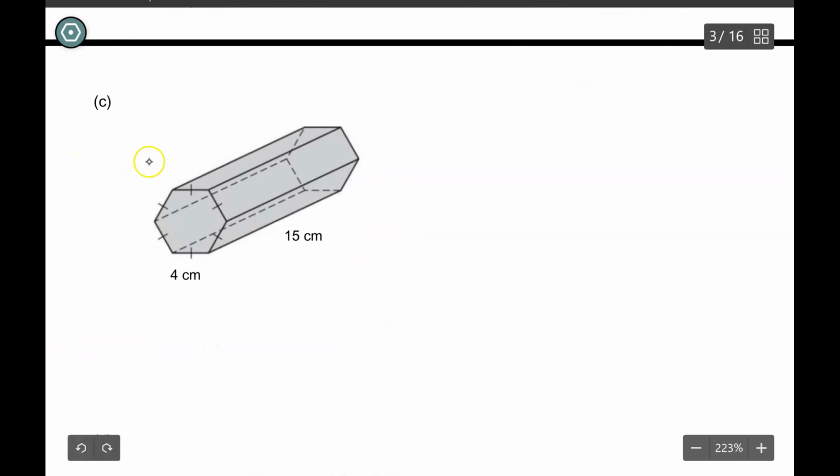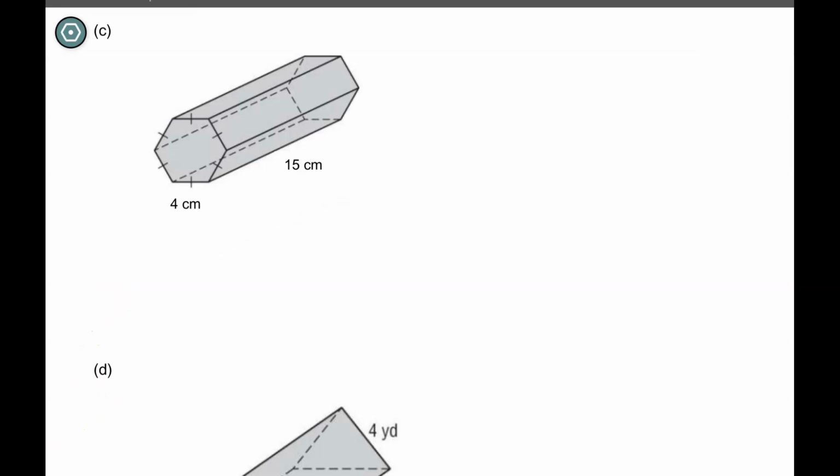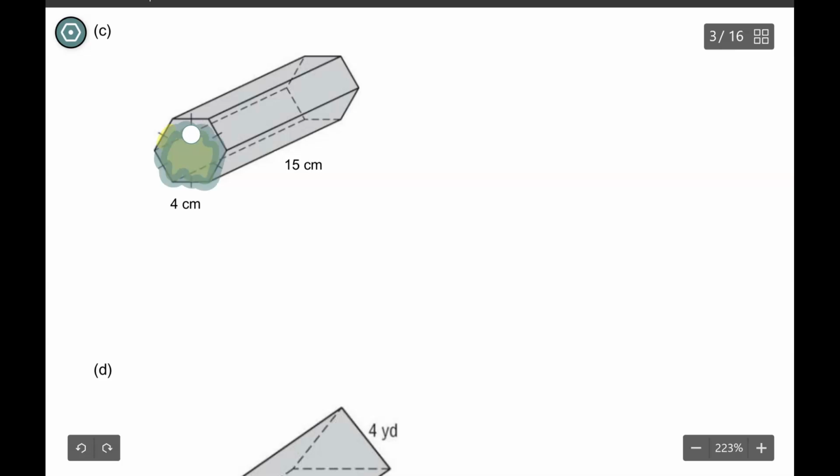Okay, if you think you have the hang of it, you want to try the next one on your own, you can pause it and then check to see. This time, our base is going to be the hexagon. So if we have a hexagon, right,